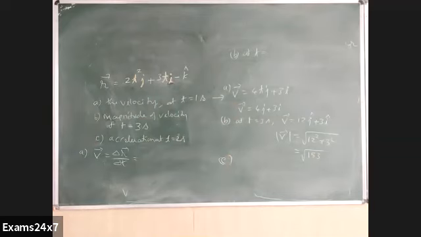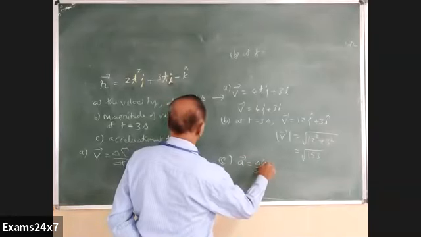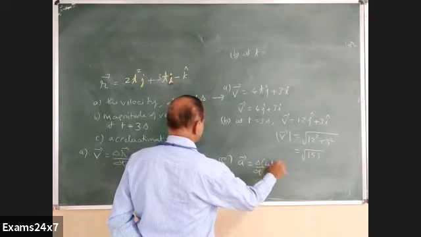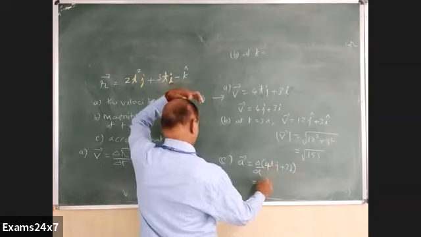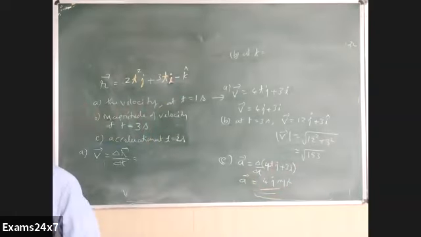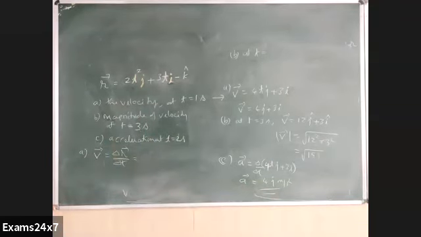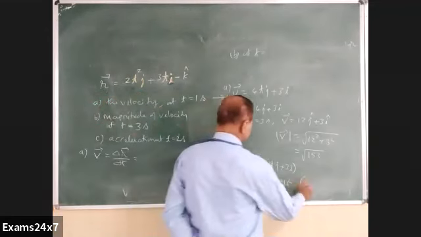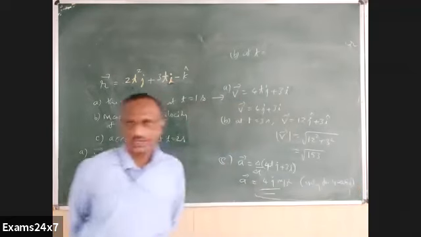And see acceleration. What is the derivative of that velocity equation? Acceleration is del by delta t of the velocity equation, which is 4tj plus 3i, just becomes how much? 4j itself, isn't it? It is not time dependent. There is no t. So whether t equal to 1 second, 2 second, whatever that, acceleration is constant. But it is along only which direction? Only for y-axis. Now there is no acceleration along x-axis. It's only for y-axis.